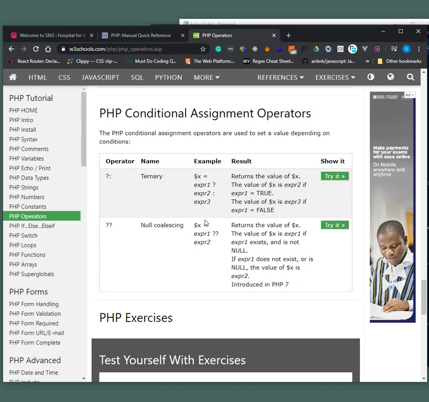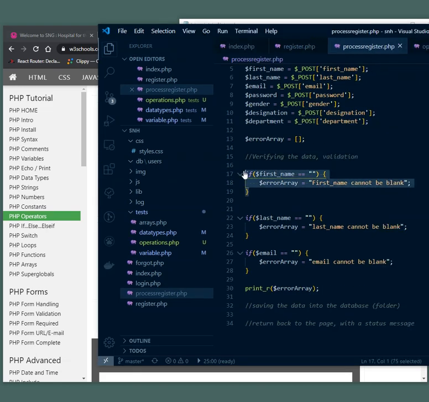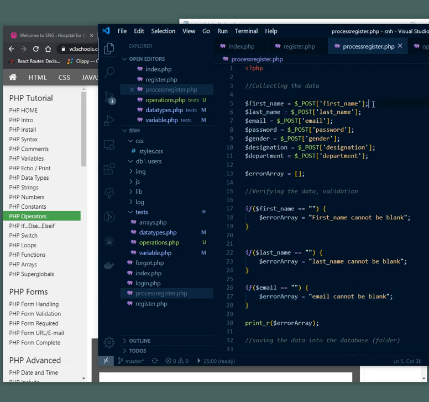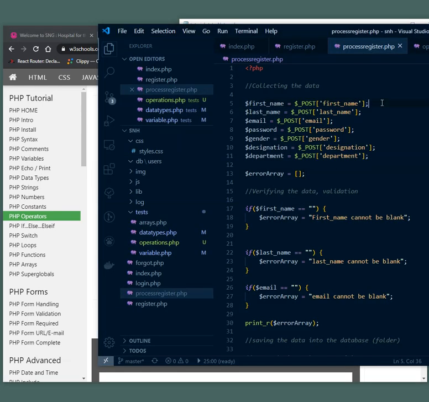Now, what I want to focus on right now is this aspect. Remember what we did here, where we were trying to check if our first name is empty, and then we had to create a new line for each of them. This is a lot of work. What we can do is to perform that operation right here. So the ternary operator allows you to perform the if statement on a single line. So let's create a new